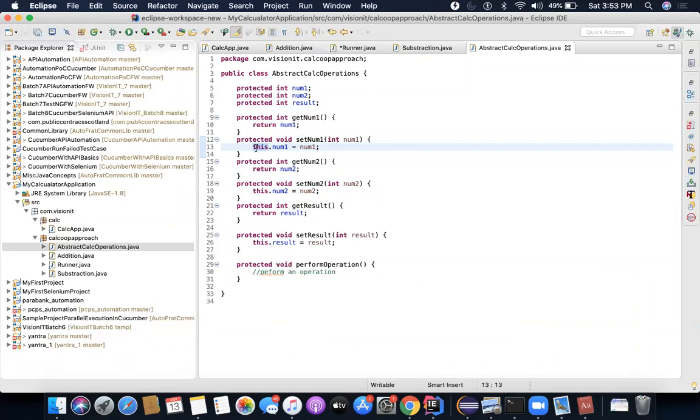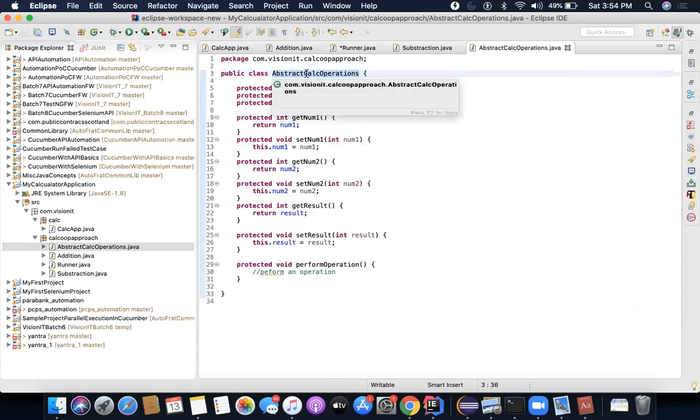So what is the use of this here? There's no use. You can avoid it, but it's always good to make things specific. When I write this, it will always belong to that specific object. If you remove it, it's fine. But when later someone tries to add another class object here and there, let's say abstract calc operation also has a parent.